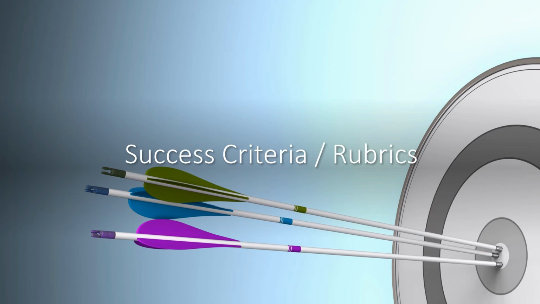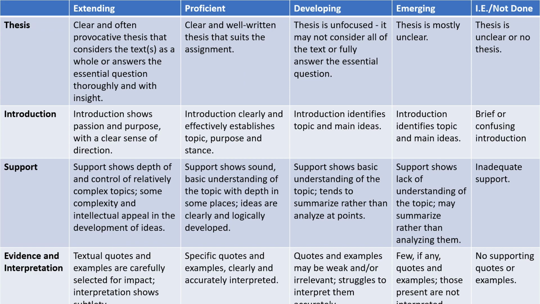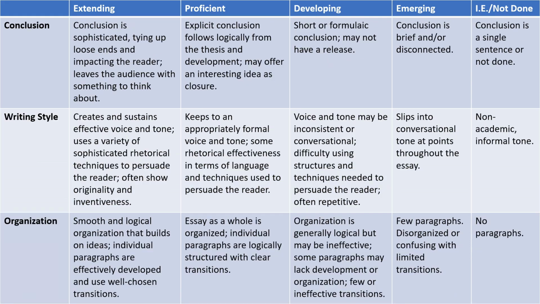But it's also important that they have more detailed descriptions of what each of these looks like at every stage of proficiency. And this is where success criteria or rubrics come in handy. They're not the same as descriptive feedback, but they do help break down why a student is being assessed at a particular level. And it can be particularly useful for me, the teacher, when I'm looking at the assessment, like the records that I'm keeping for competency-based assessment.